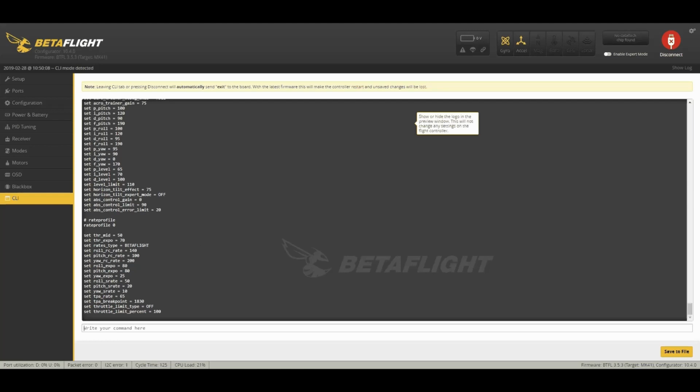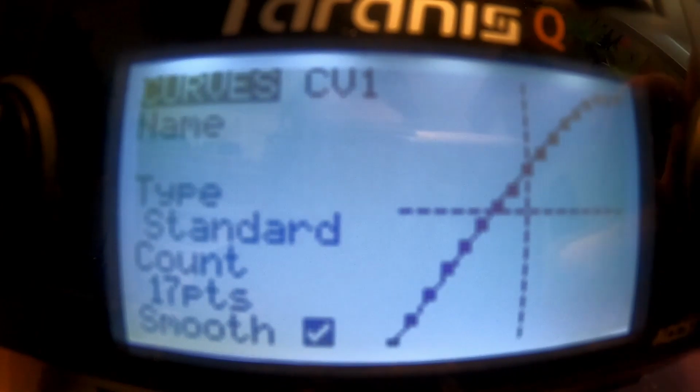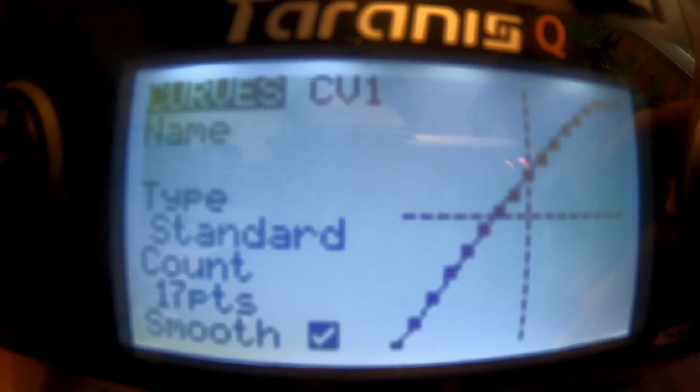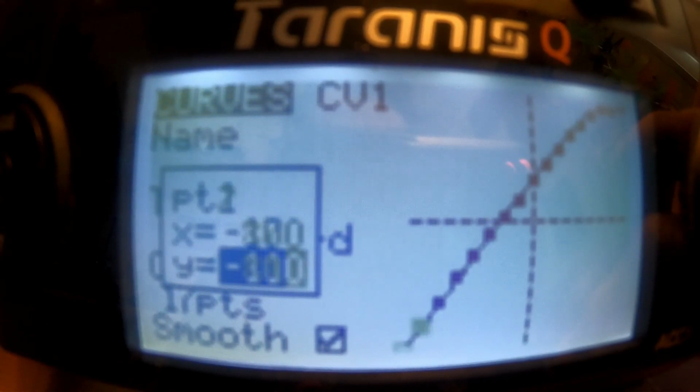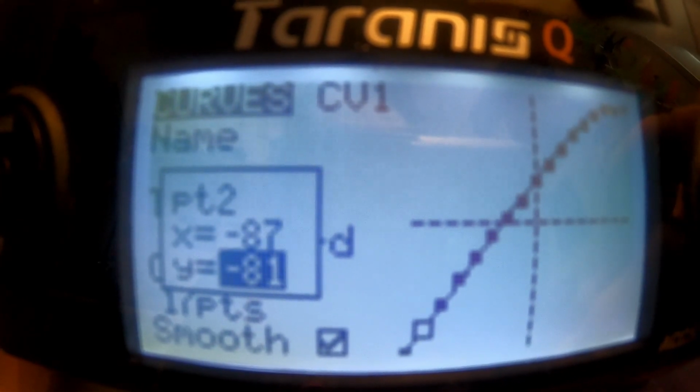Okay, next is the remote. Here in the remote, I'm going to go over this, and again, pause this so you can go back, but these are the numbers for the throttle curve, starting with negative 100, negative 81,